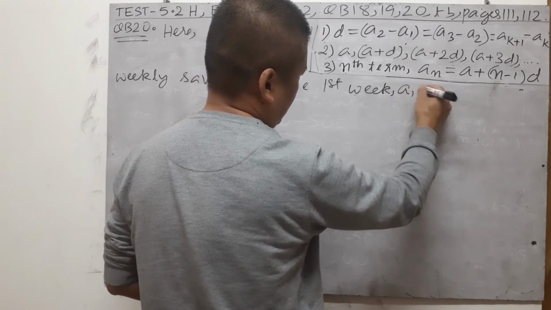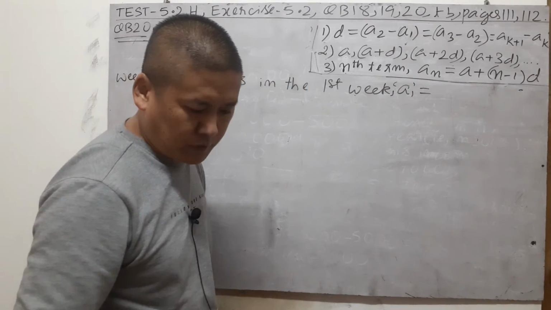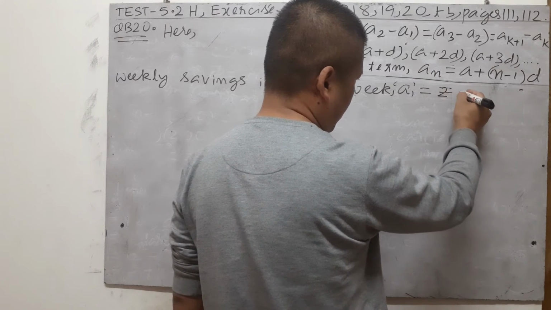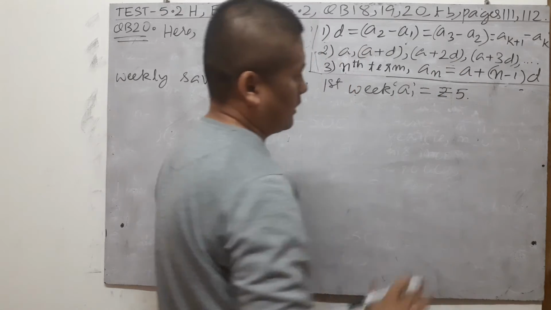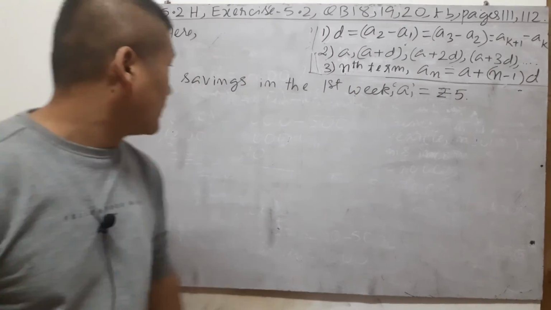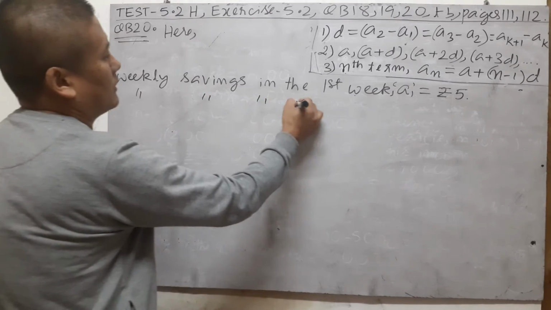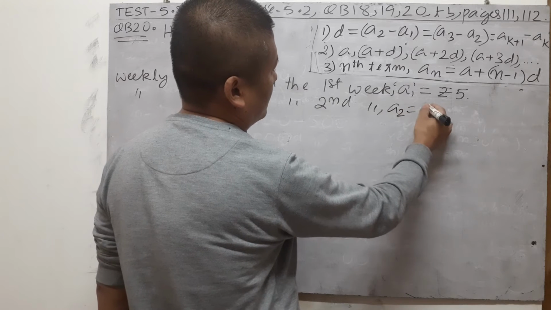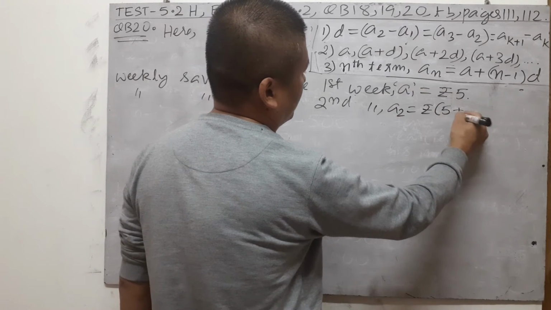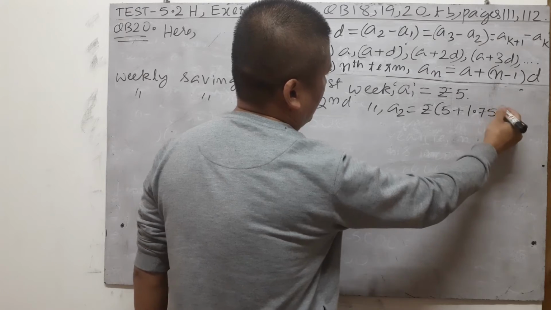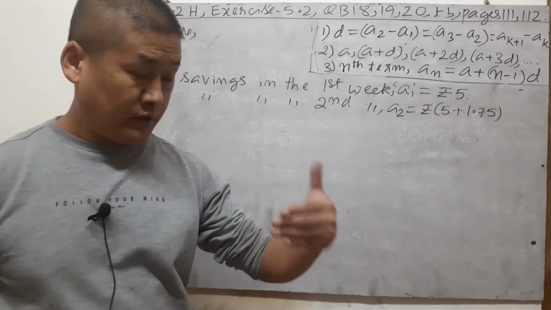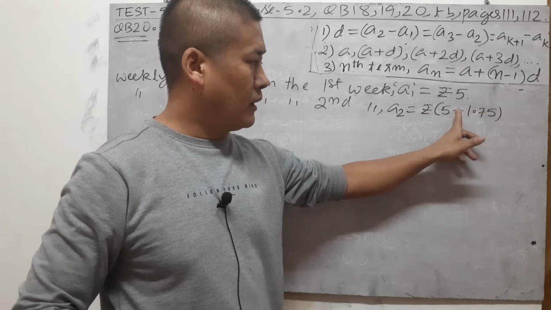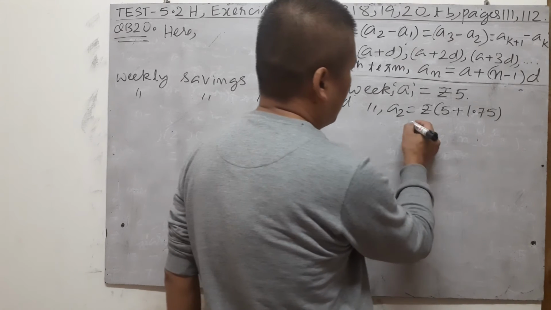Let us suppose A1 is equal to the amount she was saving weekly when she started in the first week of the year, which is ₹5. That's A1. So for the weekly savings in the second week, A2 will obviously be A1, 5, plus her weekly saving increase, which was equal each week, 1.75. After the first week she increased her savings by 1.75, which is equal to